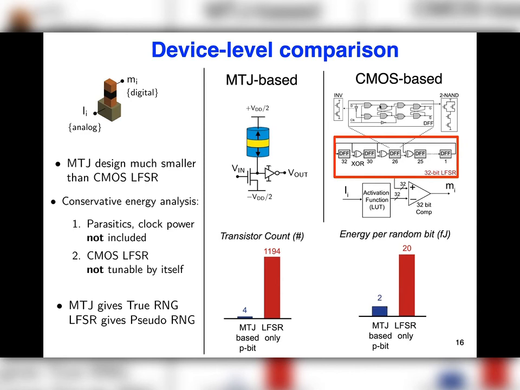And more importantly, the LFSR is a pseudo-random number generator, which kind of repeats itself. So it's a problem when you're solving very big problems, because then you're oscillating and you're not really random. Okay, so that's the key point about this MTJ-based device. However, I must mention that there may be analog ways of generating random numbers, even in CMOS, which might be comparable to the MTJ. Though, having the ability to put billion bits as random numbers in a chip integrated with CMOS, that's really the ultimate vision, which seems very hard to beat.